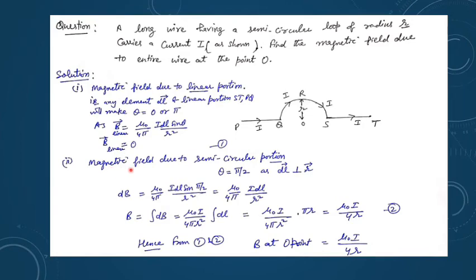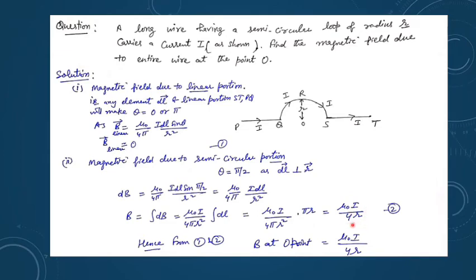Now important is to find the magnetic field due to this circular loop, the circular wire portion. Here r is perpendicular to the current element. When you are taking the current element, then theta is 90 degree. And this formula is given to you. You can directly use the formula, or because of the semicircle, integral of dl will be equal to pi r. You can do the derivation step here. Otherwise, you can directly also use mu naught I upon 4r.